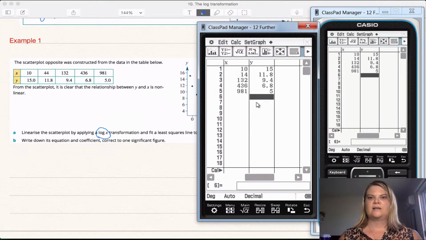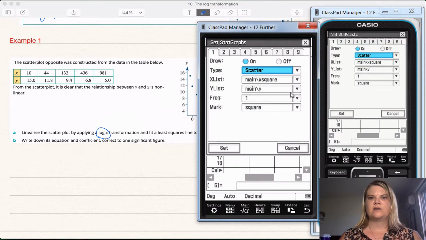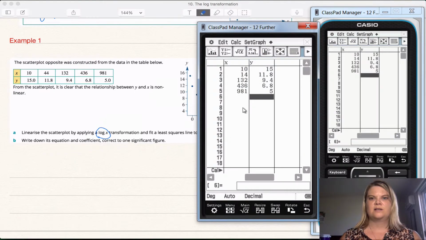Okay, now that we've got our data points entered, we need to first of all draw a scatter plot to make sure it looks like the one in the question. Click Set Graph, choose X for X and Y for Y, click Set, click this button to show the graph,